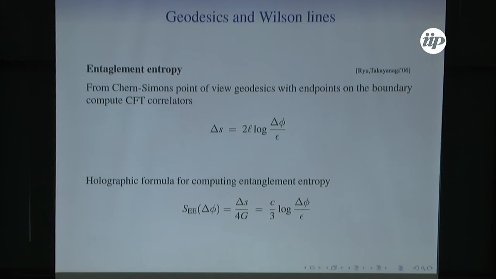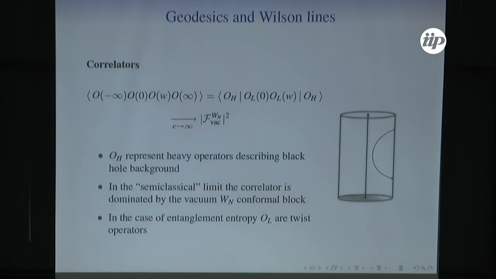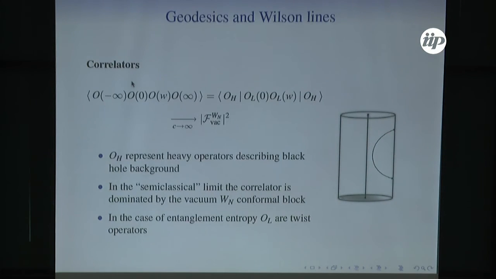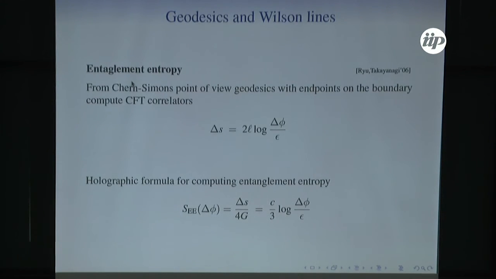And you can compute, if you put the endpoints of the particle of the Wilson line close to the boundary, so at the endpoint at the surface of the cylinder as shown here, then you can find that the length of the geodesic scales like this, and